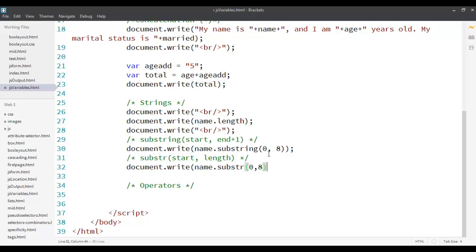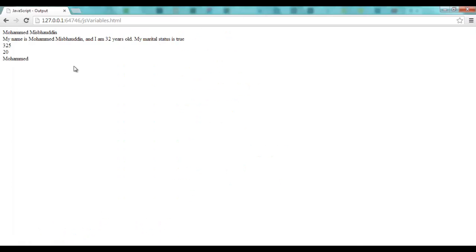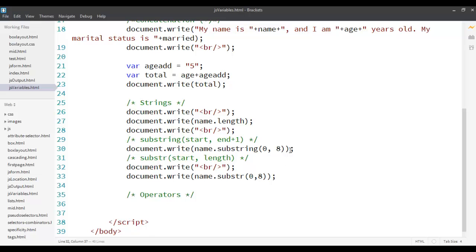That's different from this one. It's completely different from this one. So now I'm going to close this, just put the break again so that now it's nice, neat and clean, and then I'm going to save this, and then I'm going to refresh this, which will be the same. Okay, although it's not very clear right now, but you can also say something like, for example, if I want